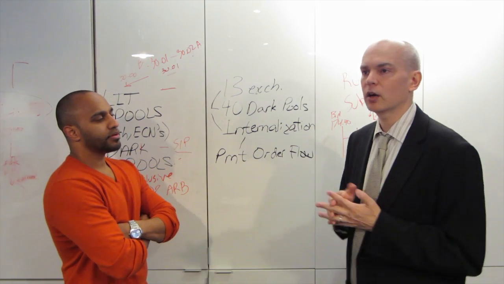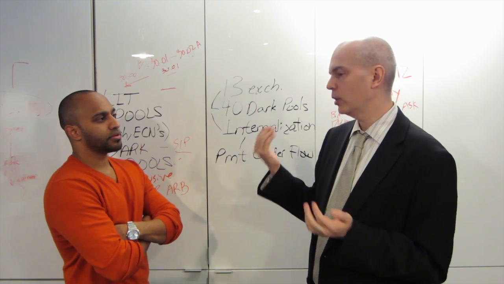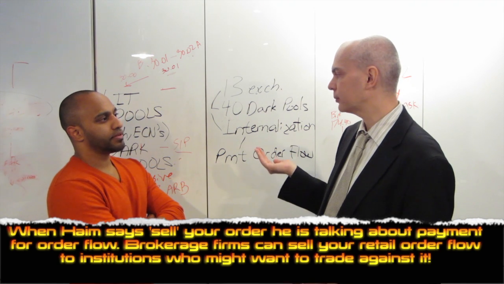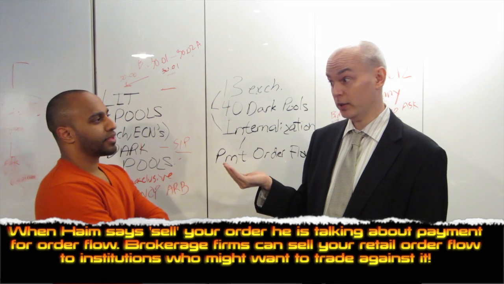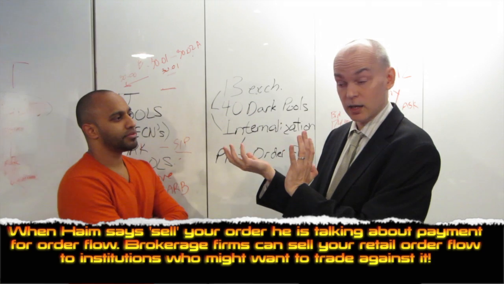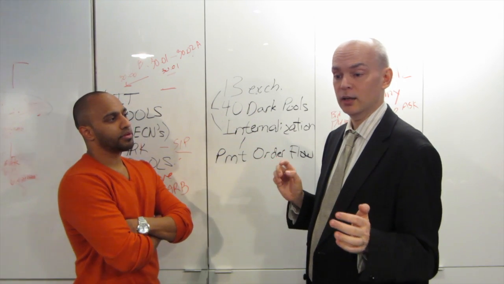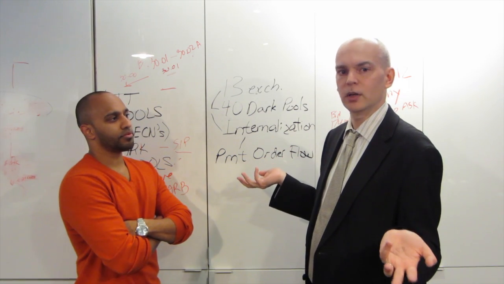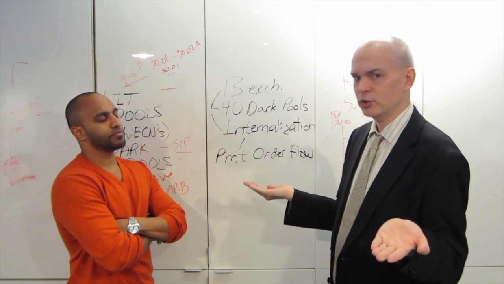Right. So market orders and marketable limit orders, for the most part, a retail broker is going to sell that order flow to a market maker, and he's going to decide whether or not he wants to trade with it. Or trade off. Right. Now, that's what's going to happen. It has not gone to an exchange, hasn't gone to a dark pool. It's kind of untouchable. So the way this might affect all of us is that no one else gets to trade against this order over this period of time. Even if we could provide a better price, we can't trade with that order.